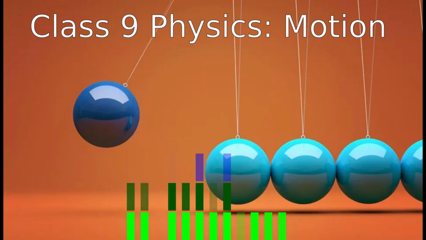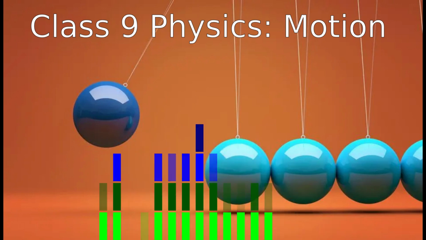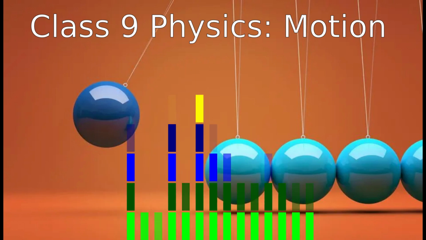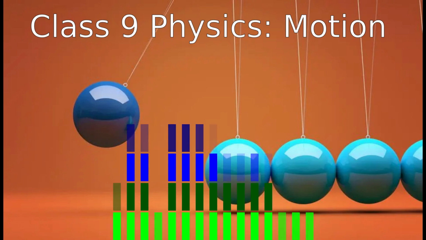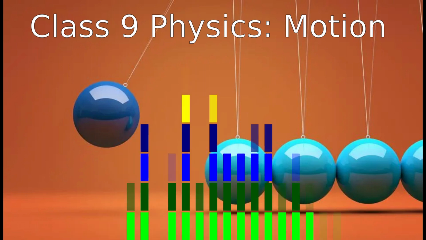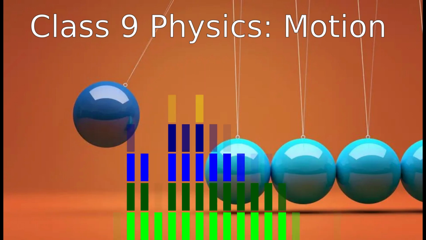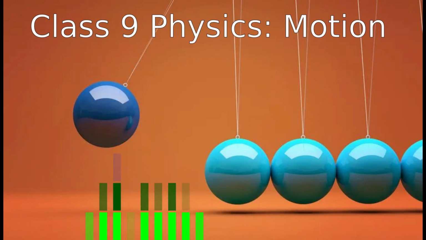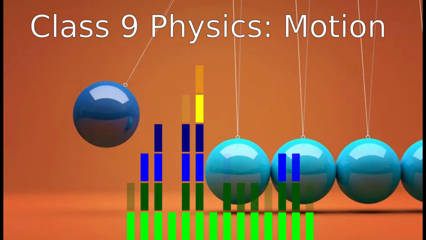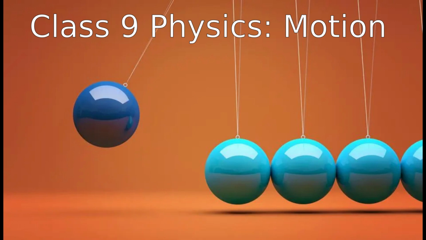There are mainly 4 types of motion: linear motion, random motion, circular motion, uniform circular motion. Linear motion. The motion in a straight line is known as linear motion. Random motion. The motion with continuously changing direction is known as random motion. Circular motion. The motion in circular path with a fixed midpoint is known as circular motion. Uniform circular motion. The motion in circular path with fixed midpoint and constant speed is known as uniform circular motion.